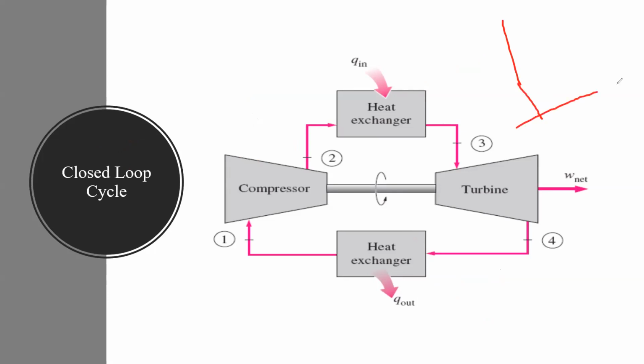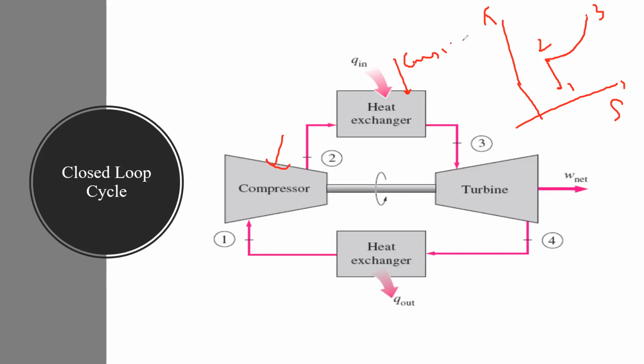Everyone carefully observe this. So this is your entropy and this is your temperature. In case of the isentropic process, that is at point 1, the temperature increases. That is your 1 and 2. But here, because of the external heat addition, at point 3 your temperature is quite increased. So my temperature increases in this way, and here I maintain constant pressure.